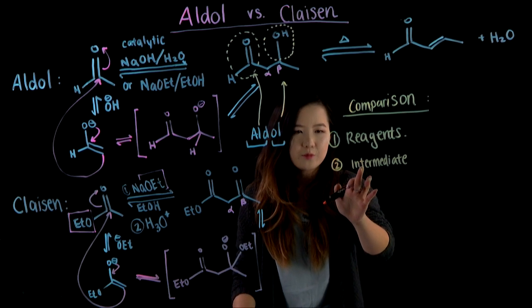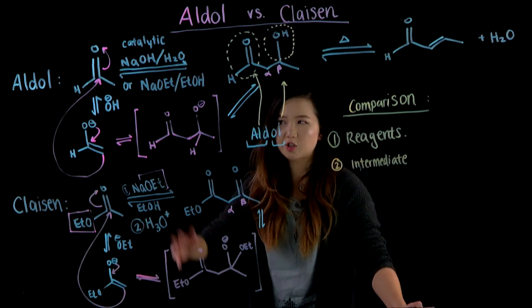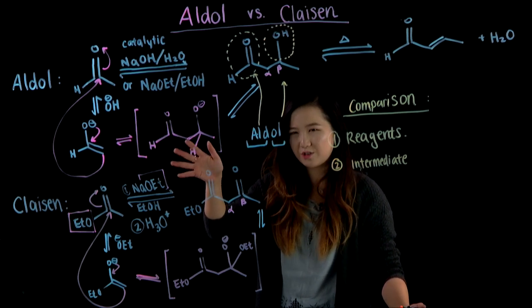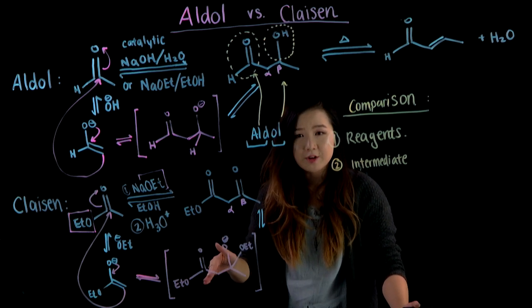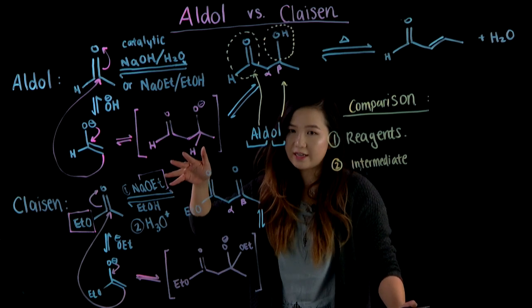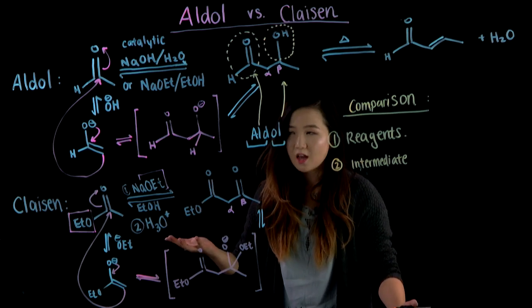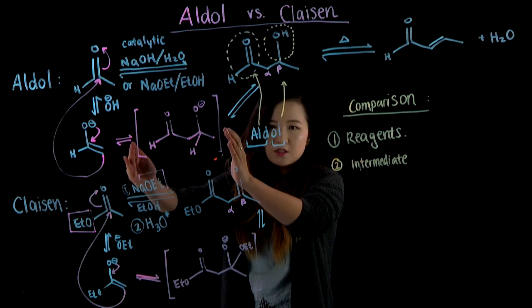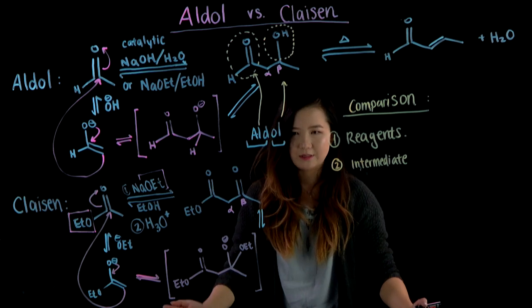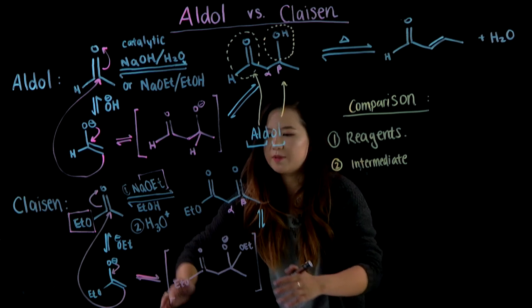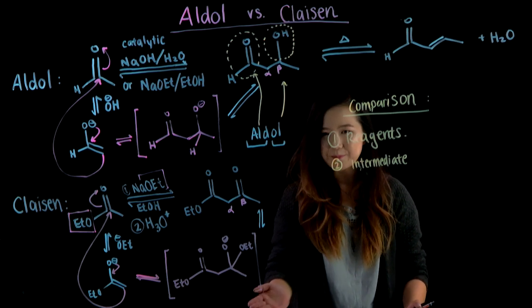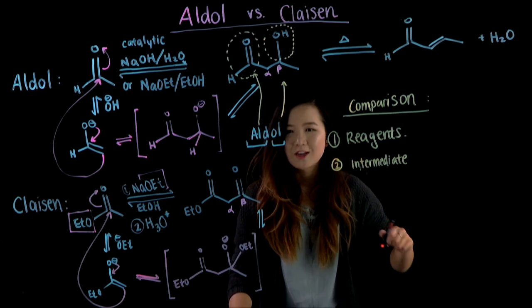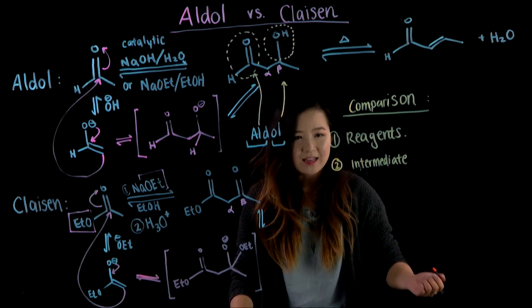So if for some reason you're starting with a very large compound that you can't really distinguish if it's an aldol starting material or a Claisen, then you can work through the problem and do the mechanism, forming the enolate and doing protonations. And if you end up at this starting material, then you will know that this is an aldol. Or if you end up at this material, this tetrahedral intermediate, then you will know that this is a Claisen. And the other thing that I like to look at